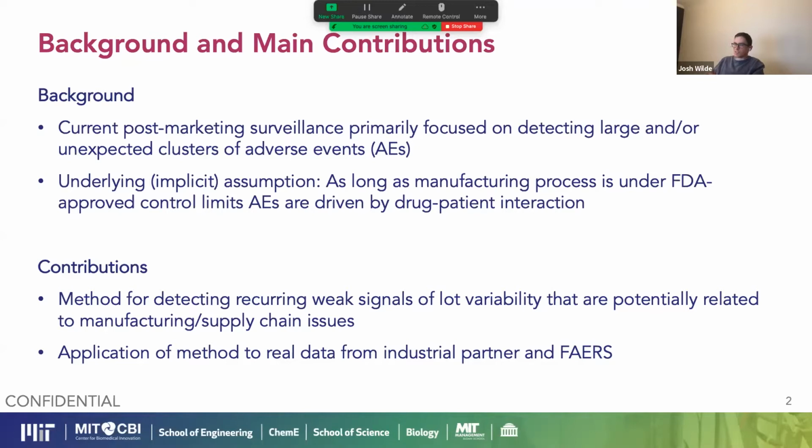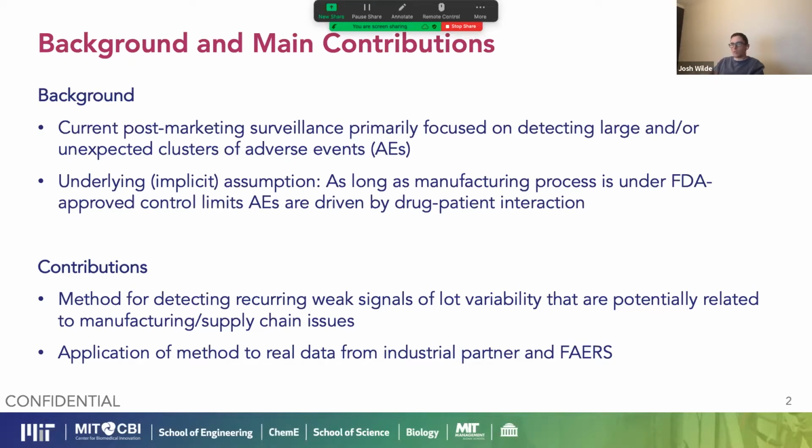And so the reason this is an issue that's interesting for us to study is that currently the way that the FDA and the whole academic and industrial complex studies the relationship between biologics and their adverse events is primarily by looking at large or unexpected clusters of these adverse events that are very obvious, maybe some sort of major contamination event at a plant or something like this. And there's really no sort of weak signal or trending analysis that's done of adverse events unless there's one of